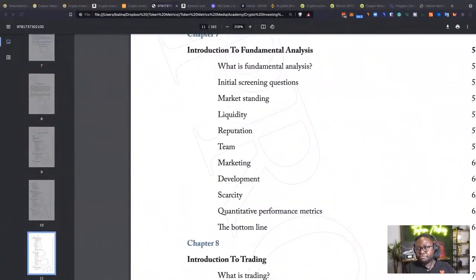Reputation, have they been covered in well-known publications? For example, like Bloomberg, CNN, Wall Street Journal, right? They typically also go through and do their own due diligence. Have they been backed by well-known VCs? So a good list of VCs we respect in the industry: Multicoin Capital, Coinbase Ventures, A16Z. I think for me, those are the good ones. I mean, we have a longer list, but in terms of the best, Multicoin.